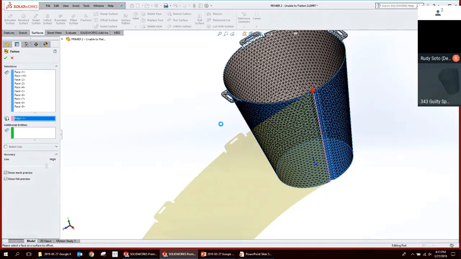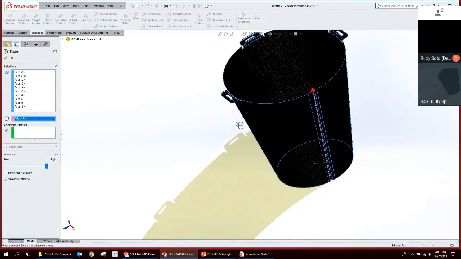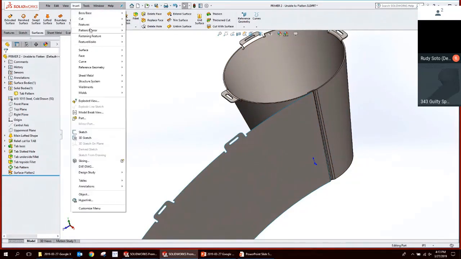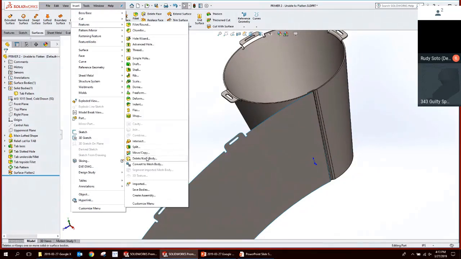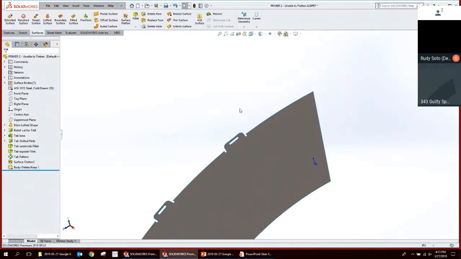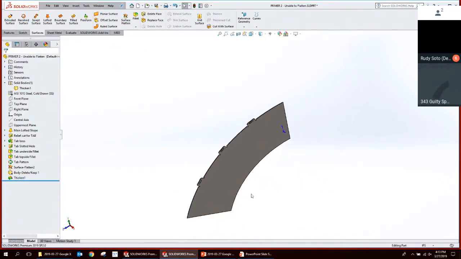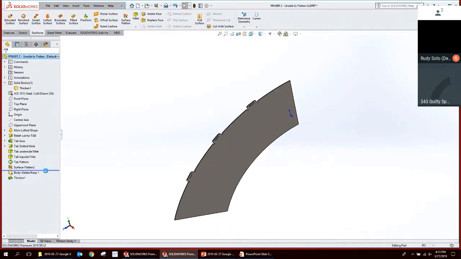So if this was a sheet metal application, if we needed to flatten this thing into sheet metal, what we would end up doing is maybe a body delete command for one configuration. We've got one configuration showing in the formed state, and then in the other configuration, we would go insert features, delete body. We delete the solid body here, and then we perform a thicken command at whatever the wall thickness was of that model. So you'd have one configuration in the flat, and one configuration in the form.